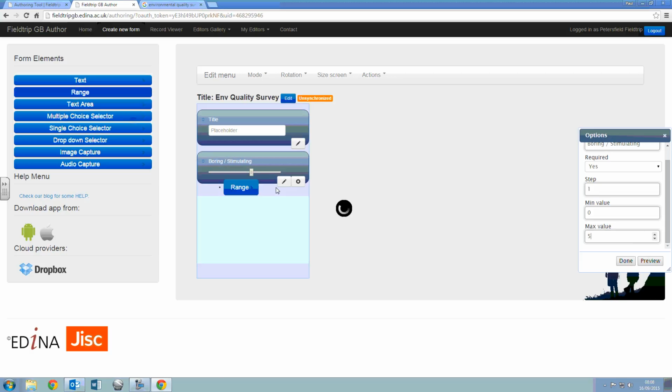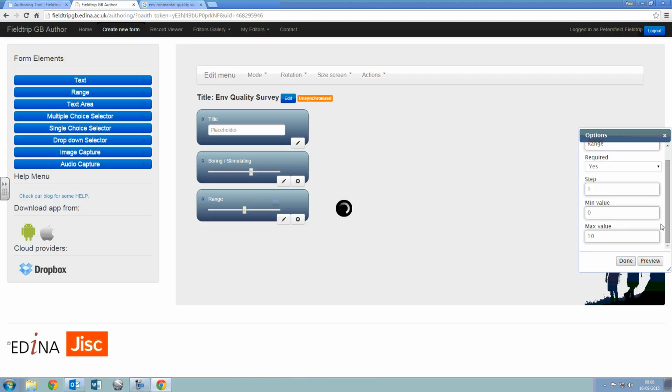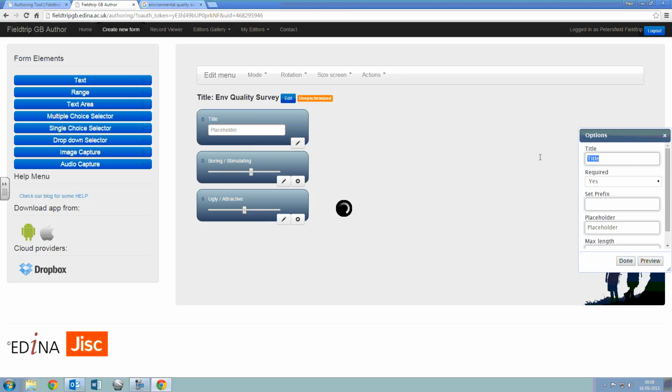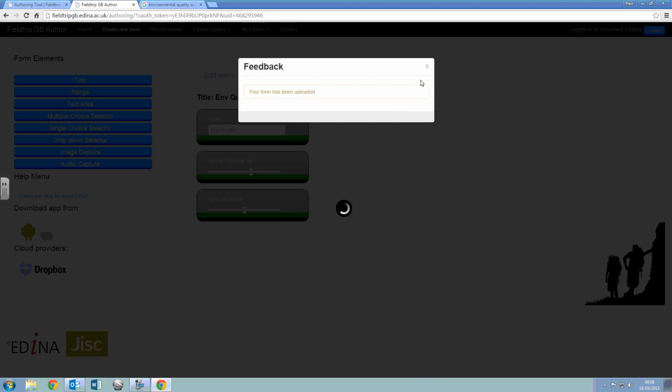Okay, and then what we can do is just add in more ranges for each of these. So ugly, attractive, and we can continuously add more and more of these. Let's edit this first one again and call it name, just so we know who's collected the data. And again, if we click save,